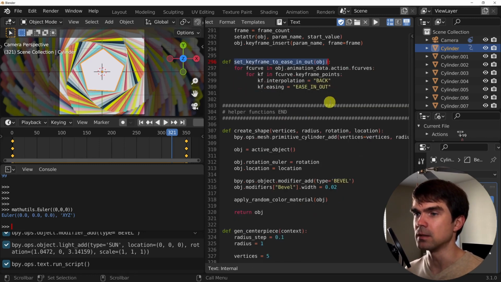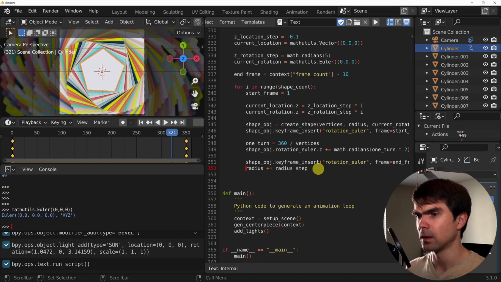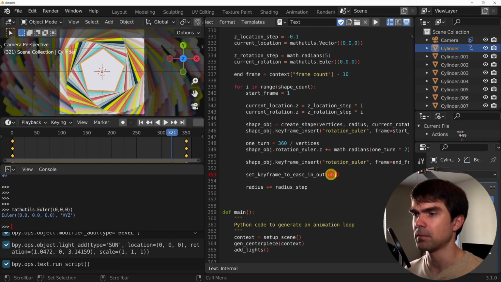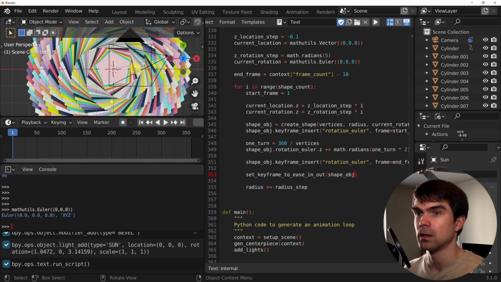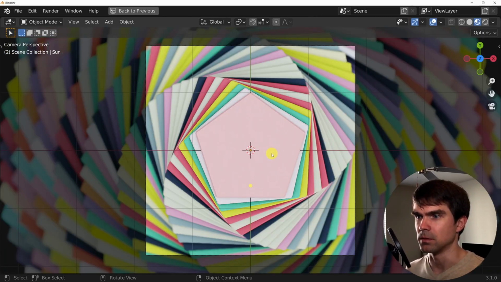Let's just copy this, go right under here, and paste that in. So instead of object, we're going to pass in the shape.